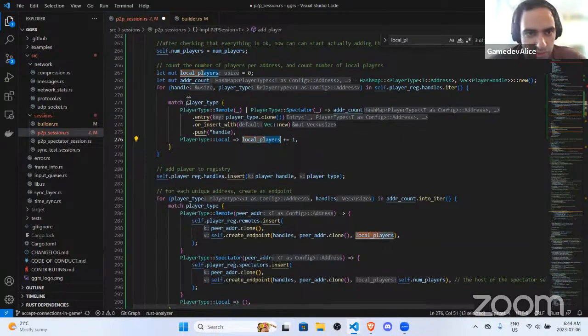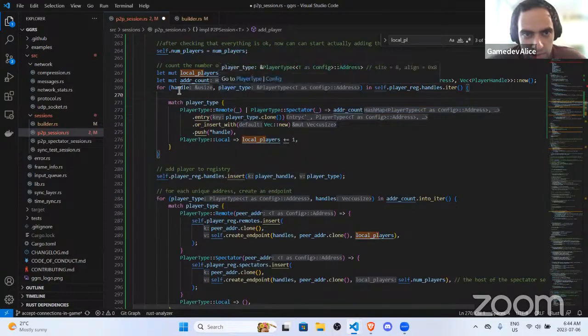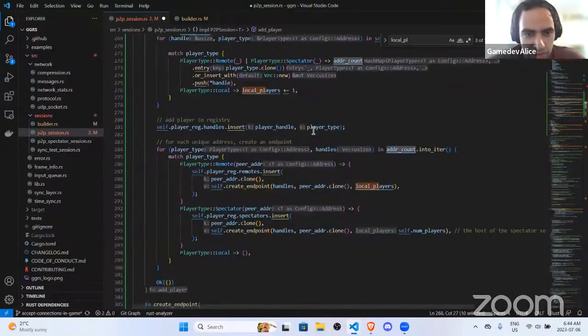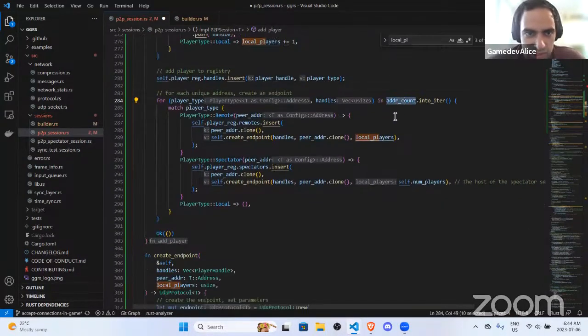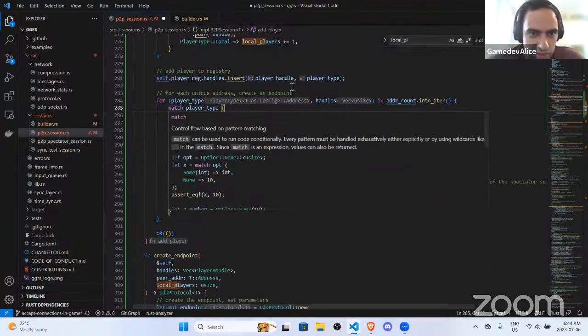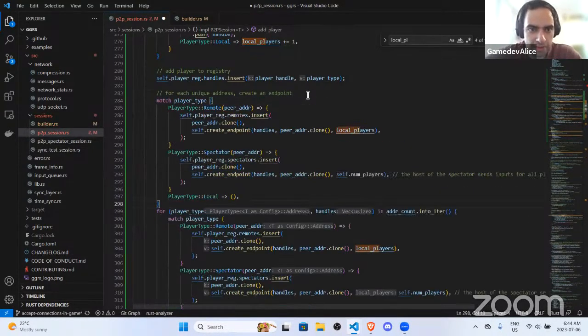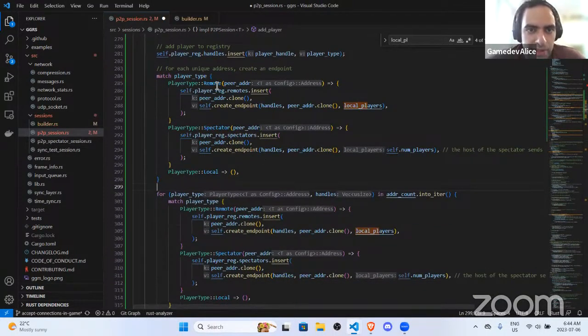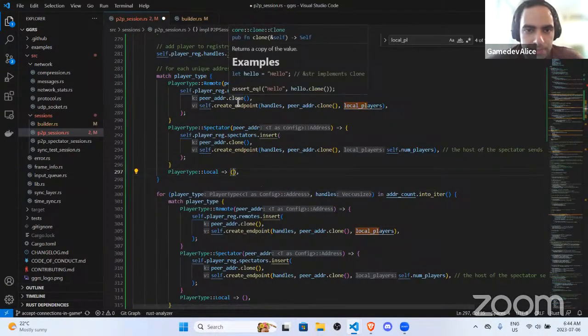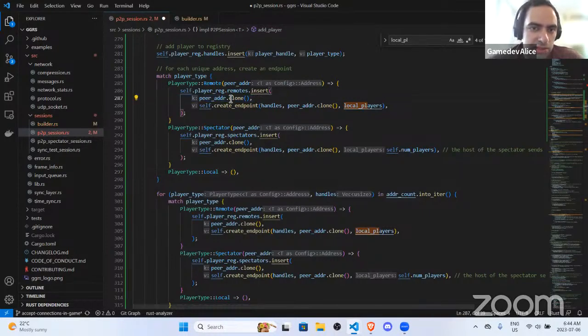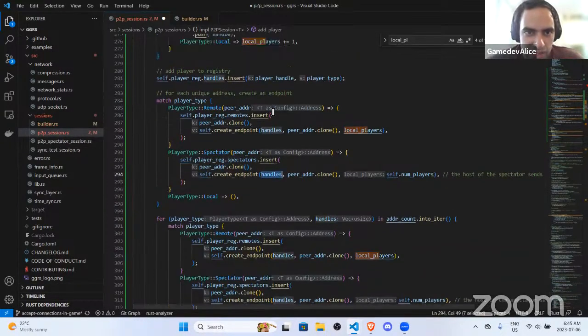Well, okay, we need to check for the local players, but that's just, yeah, we did this, I think. What we're going to do is instead of iterating this address count, we're not going to have that anymore. We'll just do match player type. Yeah, we'll have this here. All right, and if it's local, I have nothing to do. If it is remote or spectator, then we create an endpoint. Well, yeah, we update the key. So if it doesn't exist, it will get added. If it's already there, it'll get overwritten. We just have to figure out this handles though,